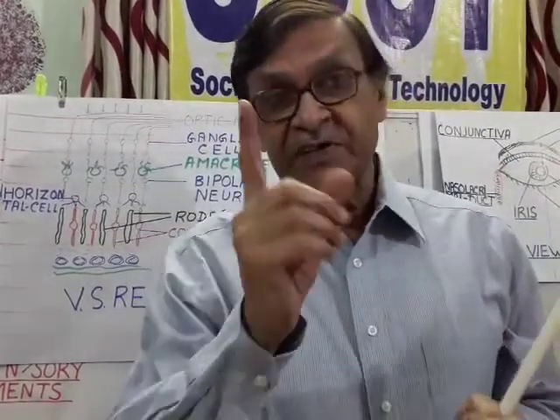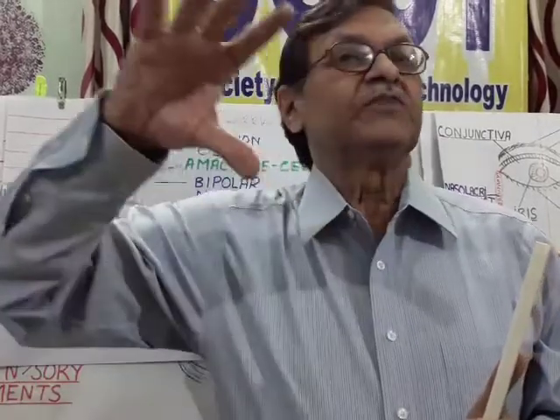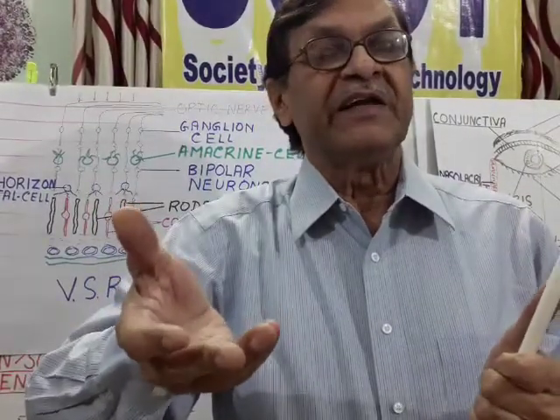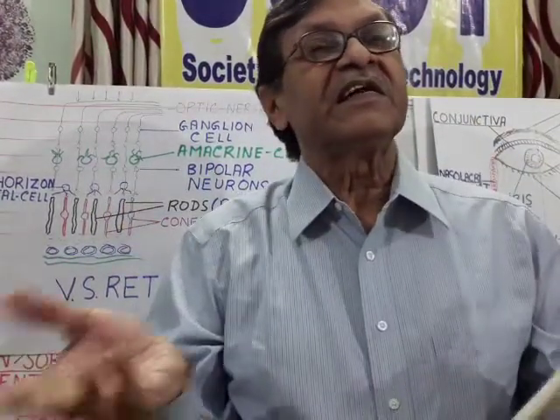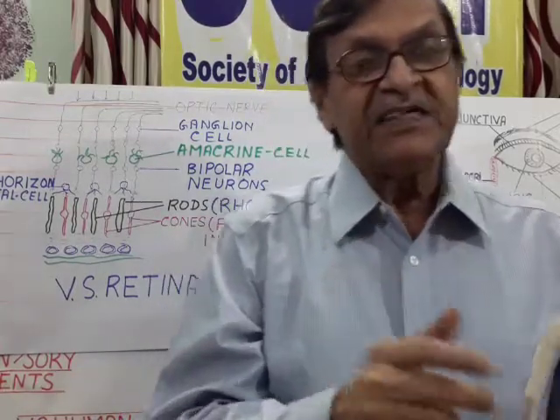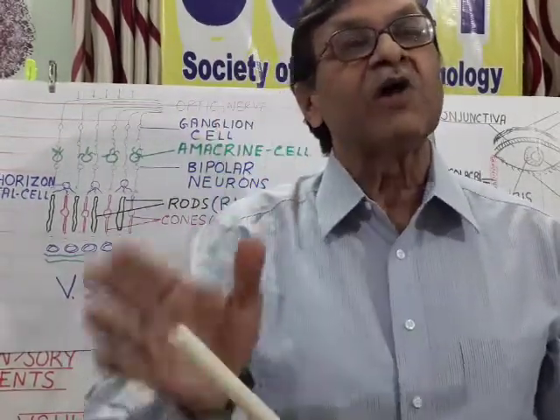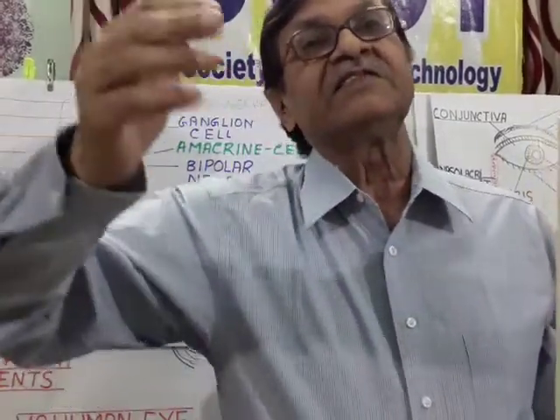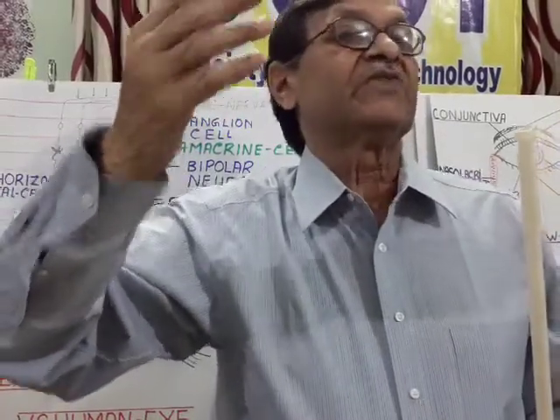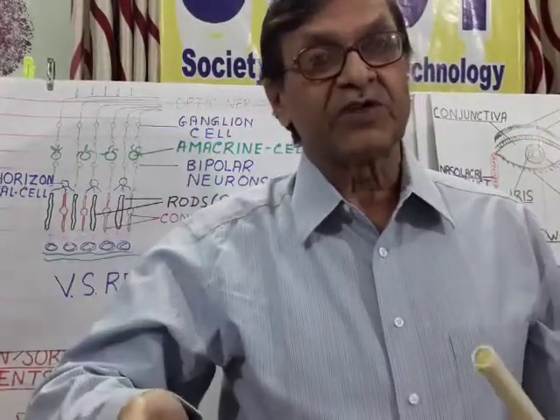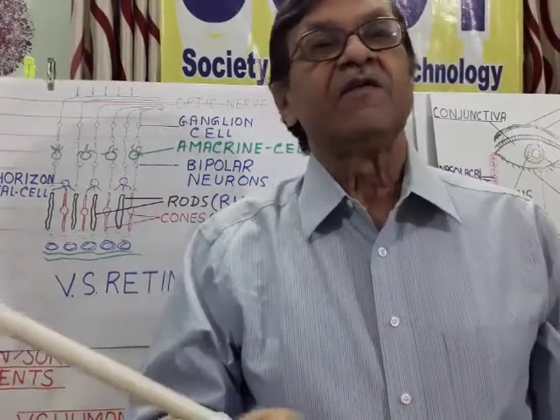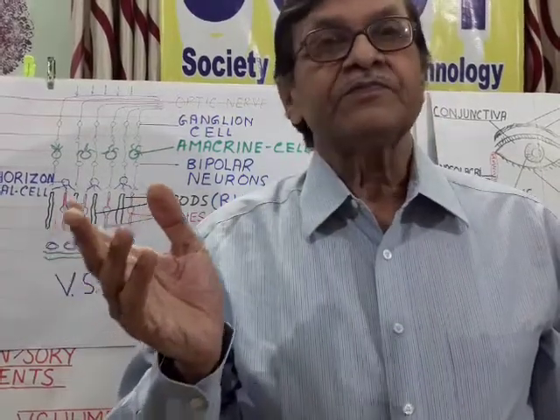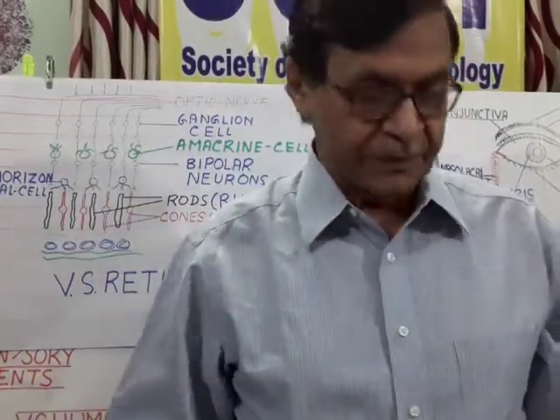It is very interesting to know that if we project a torch light on the optic lobe part of the brain, it cannot see it, cannot discriminate it. The brain has the capacity to receive the message sent by the retinal rod cells only. The retinal rod cells convert the information of darkness or lightness into electrochemical current, and that current is carried through the optic nerve up to the brain, and the brain understands it.